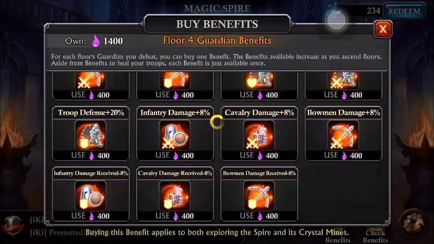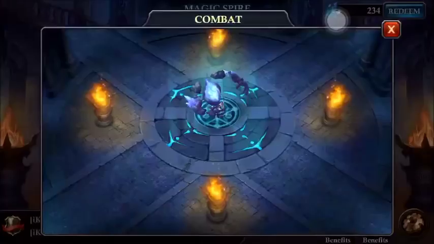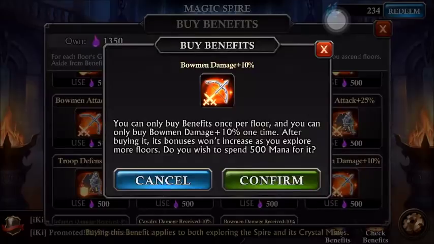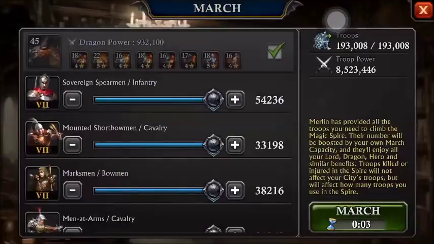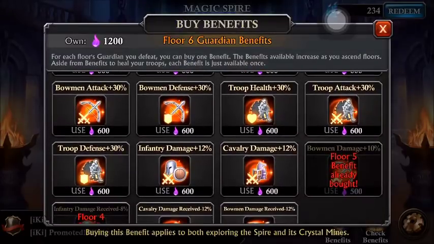Okay, so the first thing we're going to buy on floor 4, and my goal is to get to floor 10 here, is infantry damage received. The second thing I'm going to buy is bowman damage. These two units are the most important in your army: infantry and bowmen. Your infantry are your linemen, and your bowmen are your killers. Okay, so now the next thing we're going to get, and I may change my order on doing this